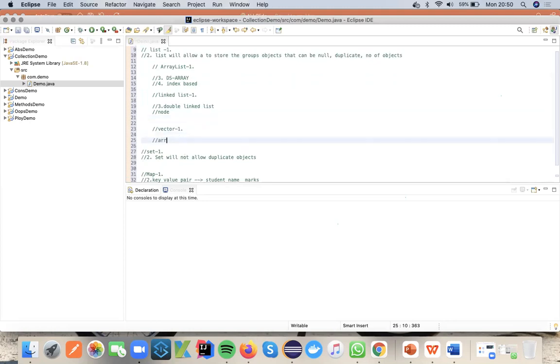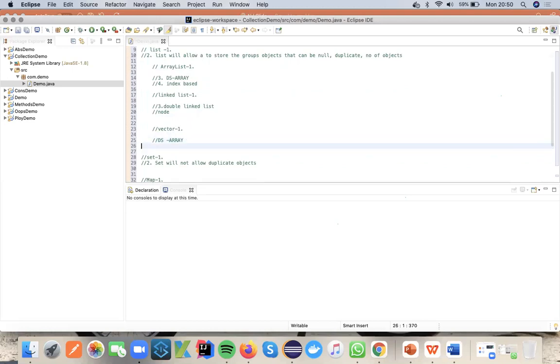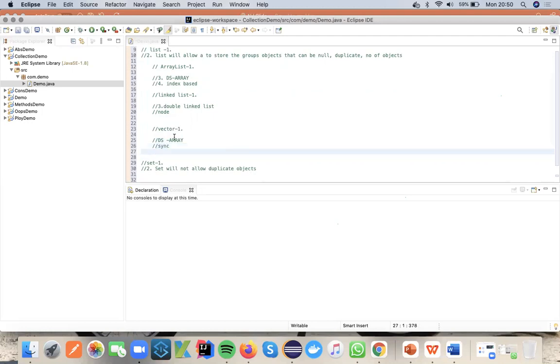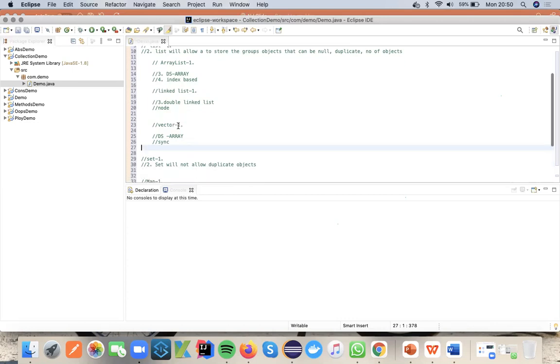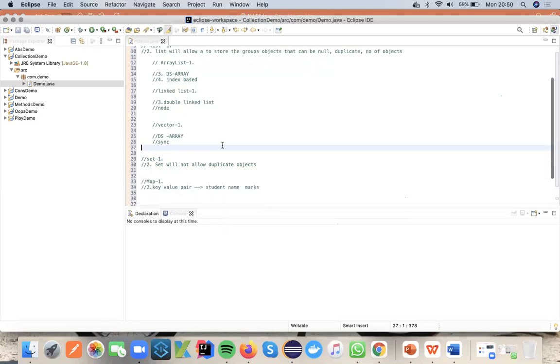Vector internally uses the array data structure, and it is synchronized. I will tell what is synchronized also. So no worries, when we create that object for the vector, then I will describe what the synchronized is. So now you are very clear with what is array list, what is linked list, and what is vector. Basically, these 3 are the classes which implement different data structures, and inside the implementation also